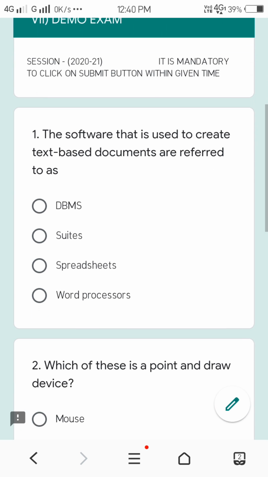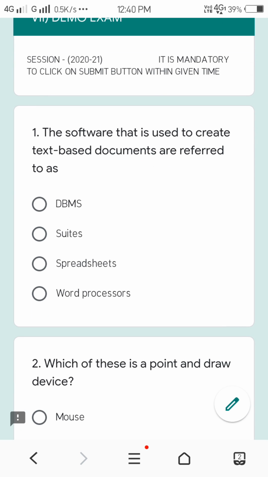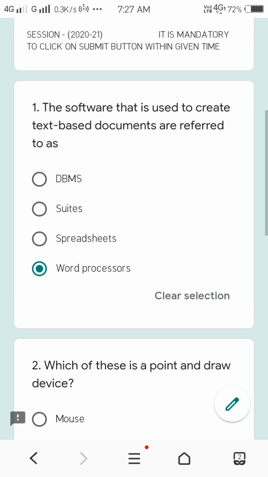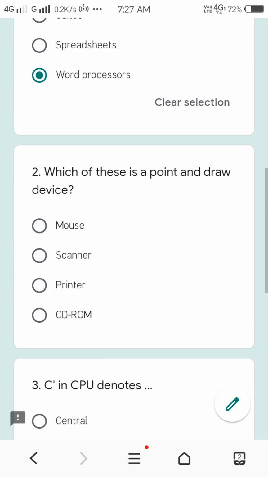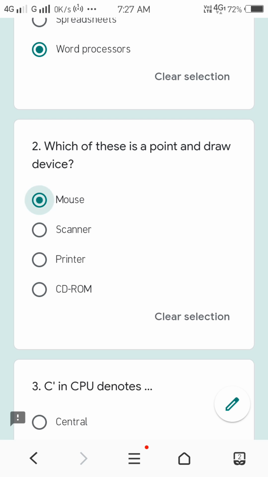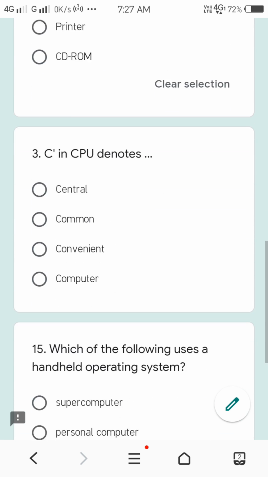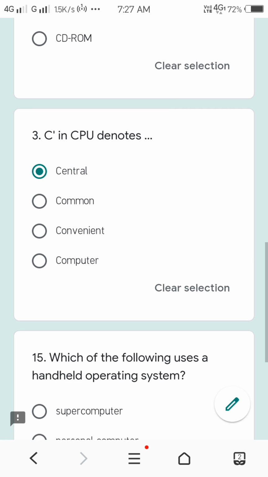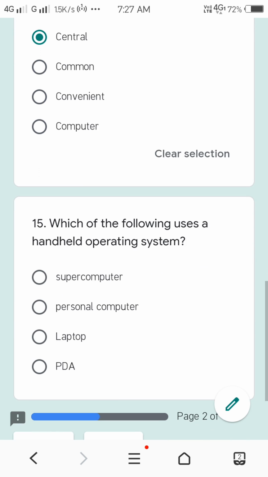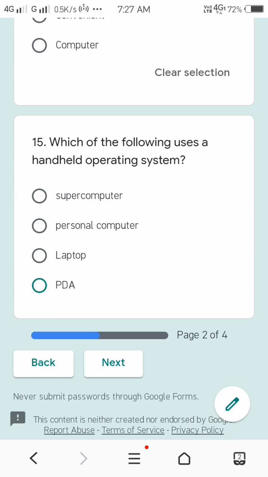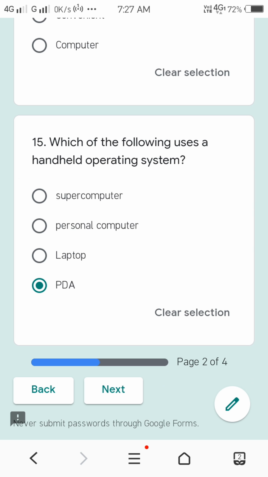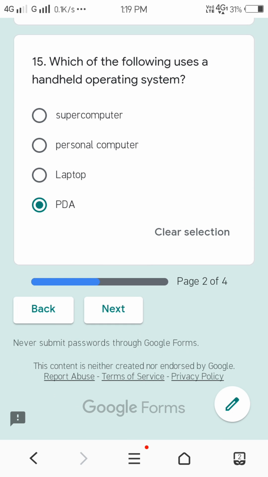To solve a question, read it carefully and opt for one correct answer. Likewise, you can solve all questions.